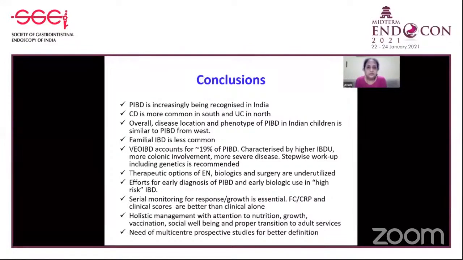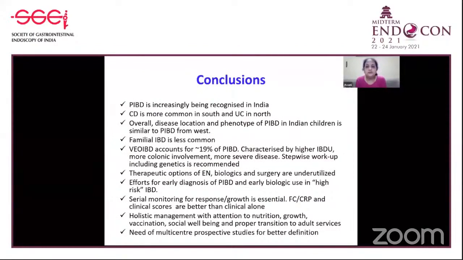Crohn's disease is more common in the south, whereas ulcerative colitis is more common in the north. Overall, the disease location and phenotype of PIBD in Indian children is similar to the West, but familial IBD is less common in India as compared to the Western population. Nearly about 15 to 20% of our patients are diagnosed at less than 6 years of age, which is the